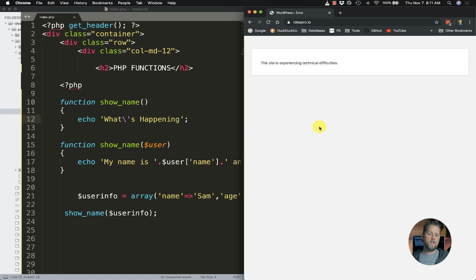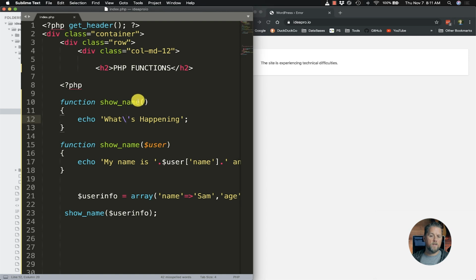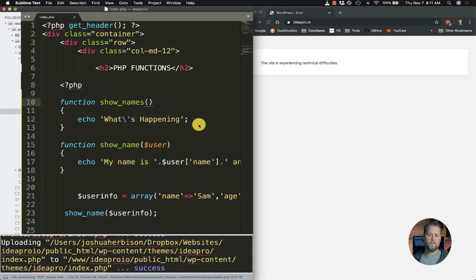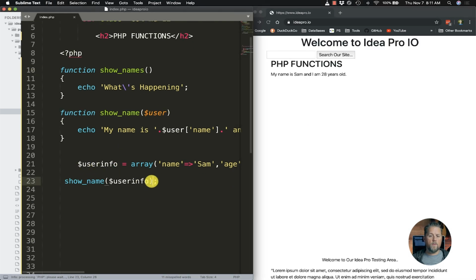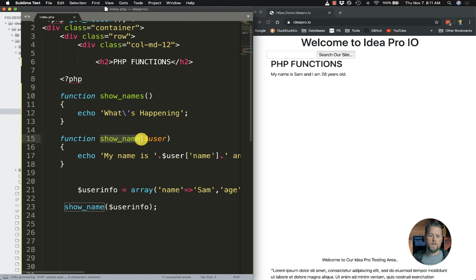But basically what's happened is it sees two function names with the same name and it's giving us an error. So if we change this one to show names, let's just add an S after it, and we come over here and refresh. Now our function down here is going to run because it is show name. It's no longer show names. Now if we wanted to